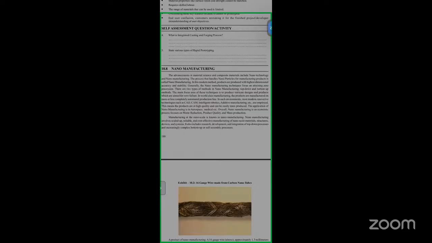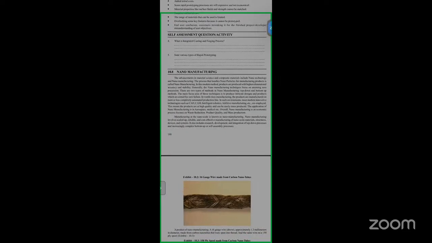So here, the nano manufacturing techniques are focusing on attaining zero precision error. There are two methods of nano manufacturing, that is top down and bottom up methods. And the main focus area of this technique is to produce intricate designs and products which are aimed for